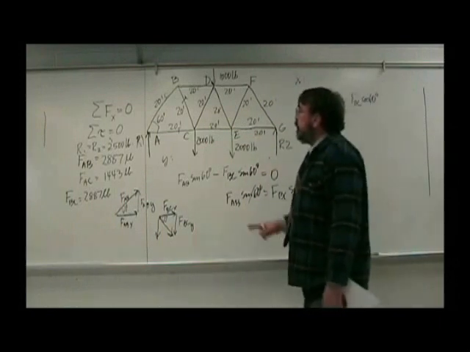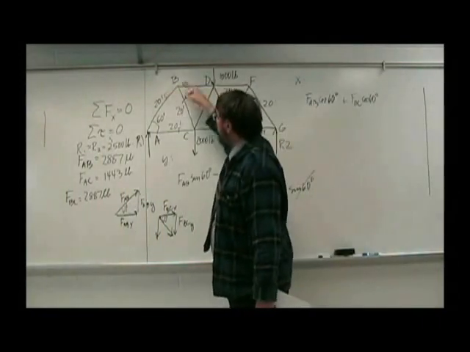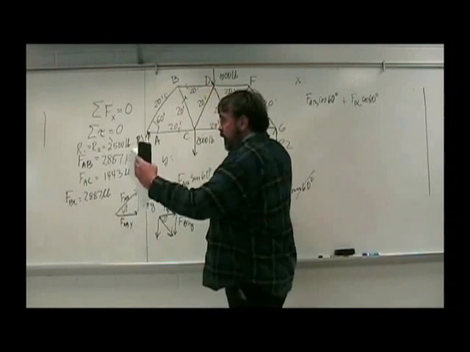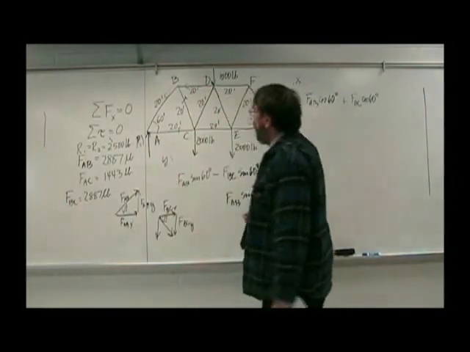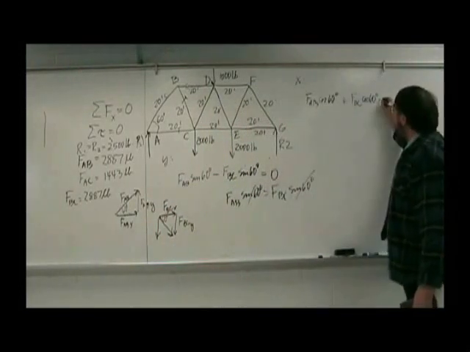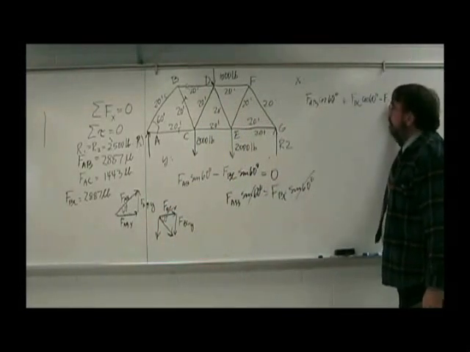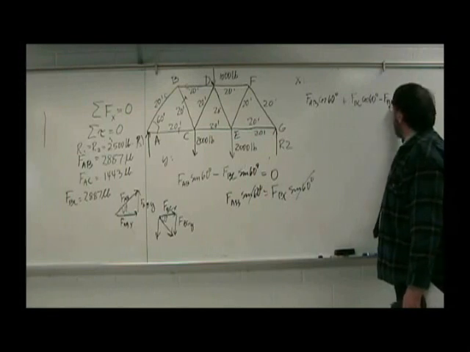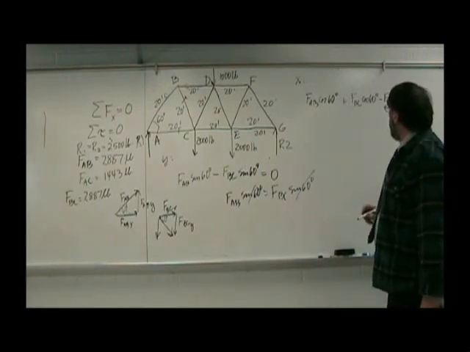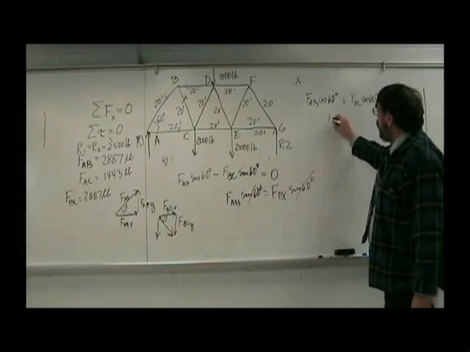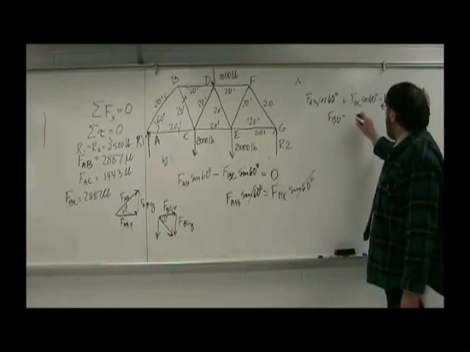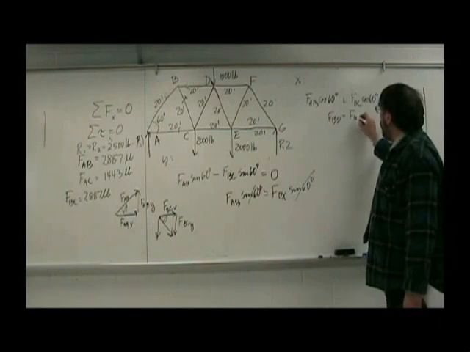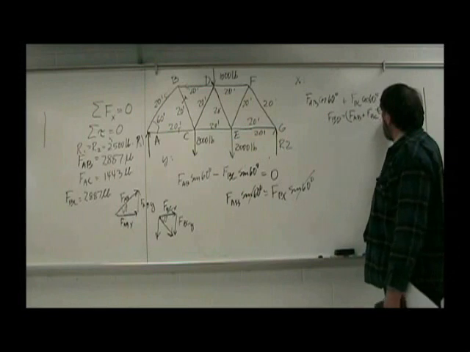That means that this one must be pushing in the negative direction, so this is in compression. It's being compressed, it's pushing that way at this point and that way at this point. So it's minus FBD, and it's just FBD equals 0. So doing a little algebra, FBD equals FAB plus FBC times cosine 60,